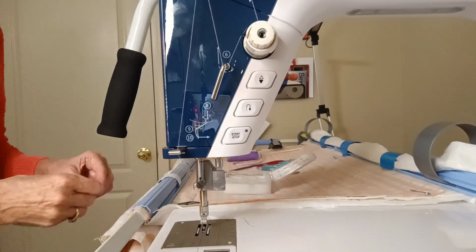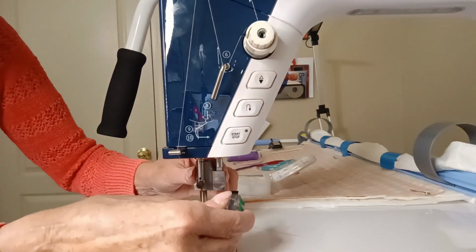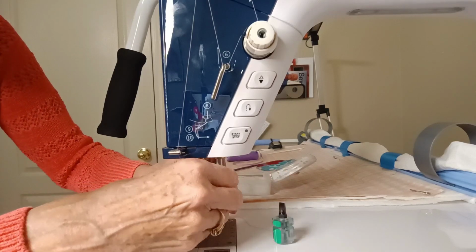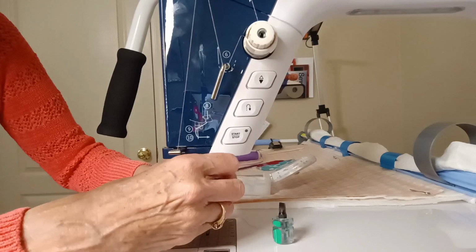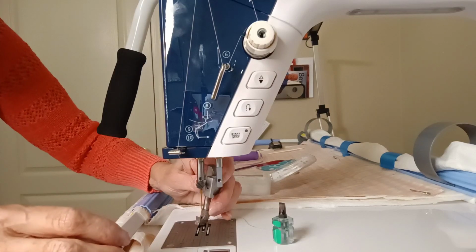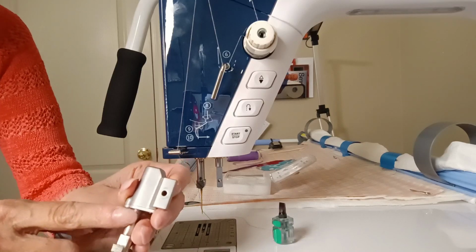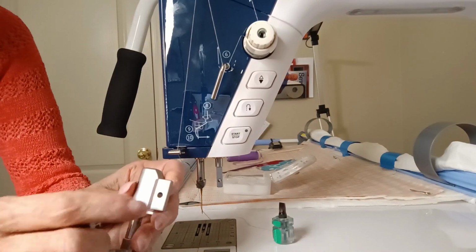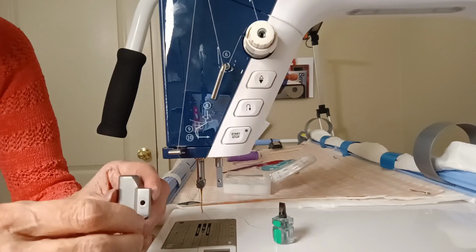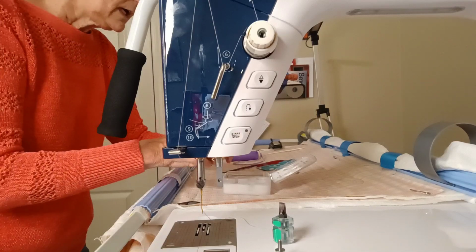It just makes it easier. Then I'll come in here with a screwdriver and I'll just loosen that screw, and I have to remove the screw all of the way. The neat thing about this sewing arm, sewing leg, whatever you want to call it, is the hole is exactly where it needs to be, and the hole on the bar that holds it is where it needs to be. So sewing is a fixed setup. I'm going to go ahead and put this in its case